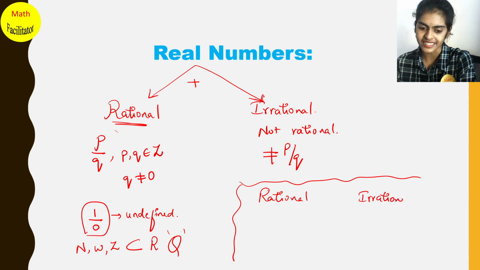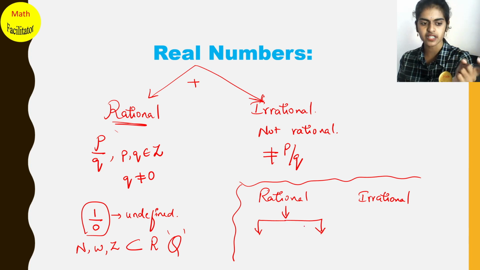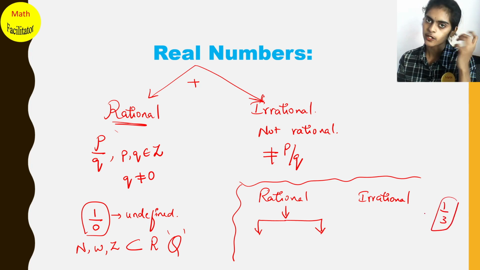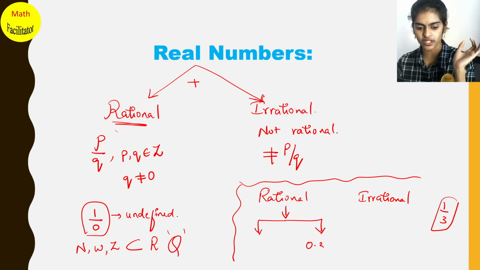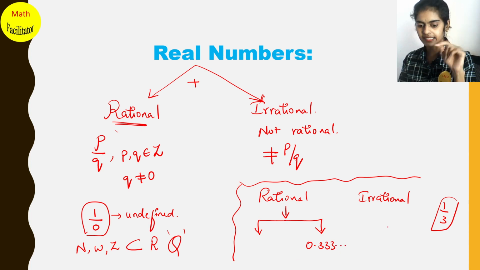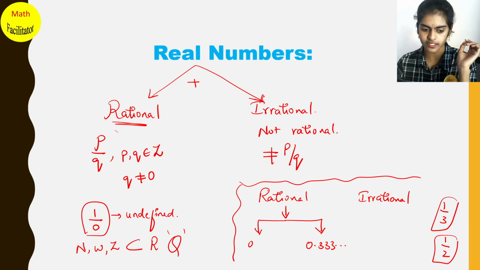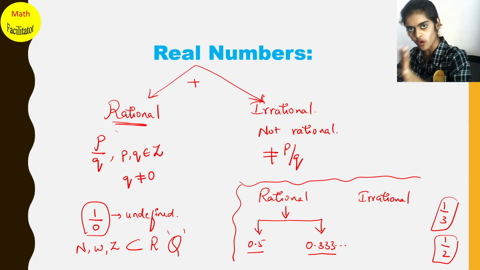Now if you want to convert a rational number to decimal form, you can actually do it in two ways. Okay, any rational number can be converted into decimal form, right? You can divide and convert it into decimal form. Suppose you have 1 by 3, this is a rational number, you can convert it into decimal form. So you get something like 0.333 and so on. And suppose you have 1 by 2, this is also a rational number. If you convert it into decimal form, you get 0.5. Okay, 0.5 is a decimal and 0.333 and so on,